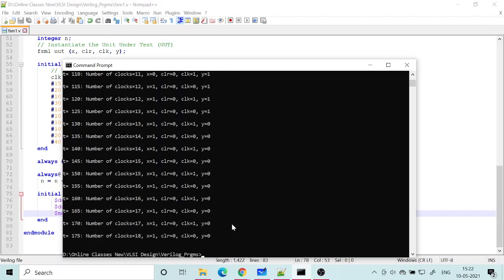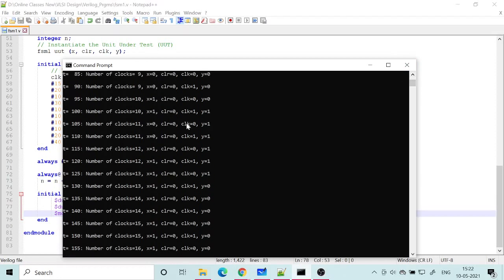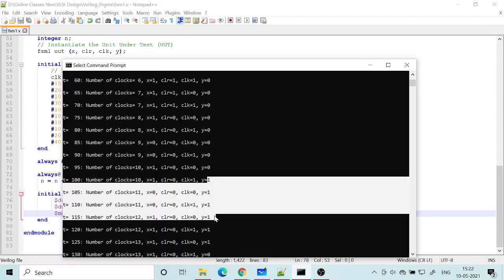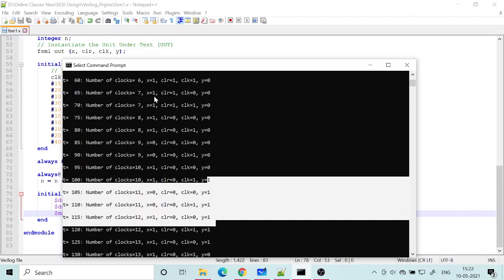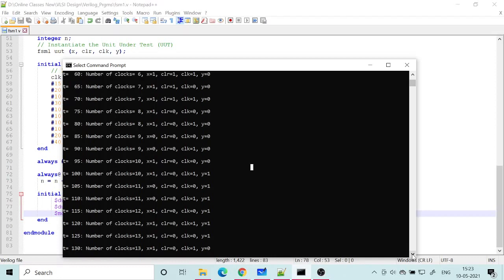Okay, so now X is changing. I'm showing only the last part where I'm keeping it as 1 for a long time, and before that there is 0, then 1, then 0. All the changes of X are reflected here, and clear is remaining at 0 all this period. So I should detect the sequence. Before that, clear was remaining at 1, and the clock is changing, and you can see that Y is coming here. Why? Because already there is a 1 0 1. This is 1 0 and then 1. The output is printed whenever the clock is changing, so 2 times in a cycle the clock will change.